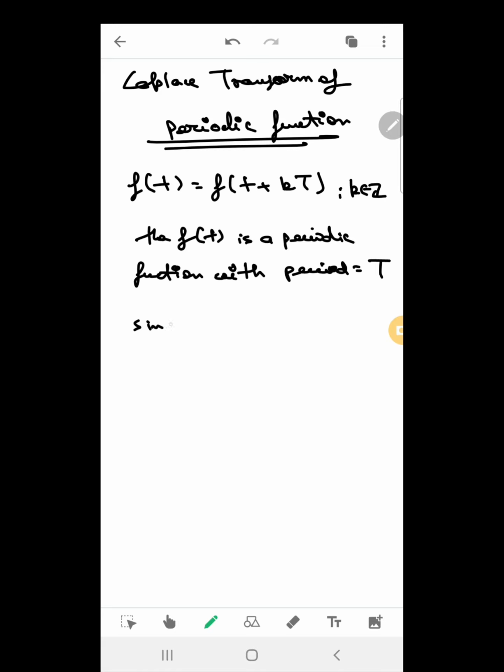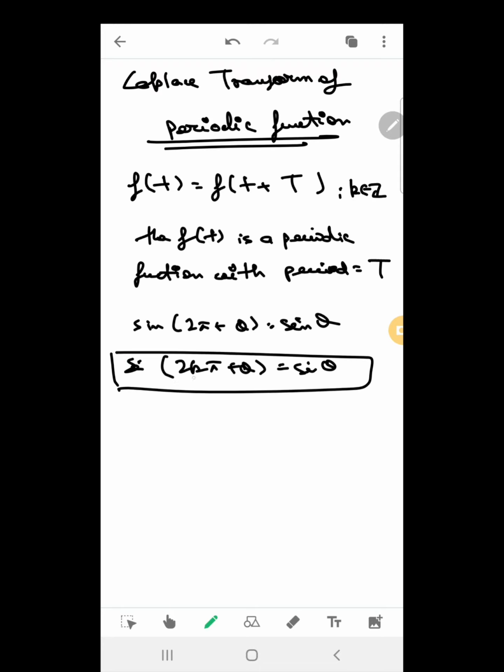For example, sine of 2 pi plus theta equals sine theta. Basically, sine of 2k pi plus theta equals sine theta. This is more general. While understanding period you actually write it like this, but I multiplied the integral portion to give you the general concept. So this is a general way of writing 2k pi. Any integral multiple of the actual period will act as the period only. The cos theta also has the period 2 pi, tan theta has the period pi. This portion is clear.